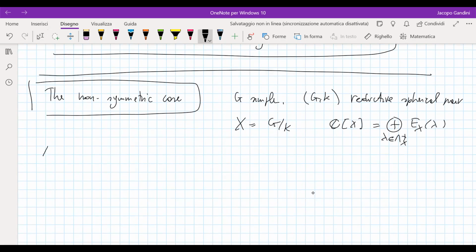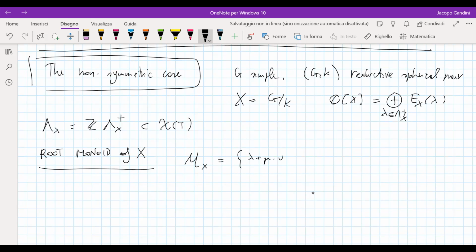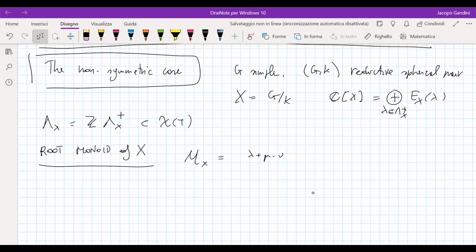Again, we denote by lambda_X the lattice generated by Lambda_X^+. This is always inside the character lattice of the torus. And we have this notion of root monoid, M_X. It's very close to our problem because we just take the differences, lambda + mu - nu. So this is the semigroup